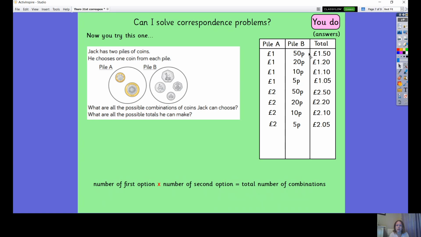Okay, so I've just added up £1 and £1.50. That's worked out for me all the possible combinations, the amounts of money that I can make. Okay, so